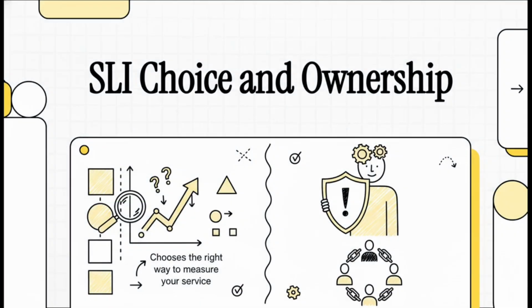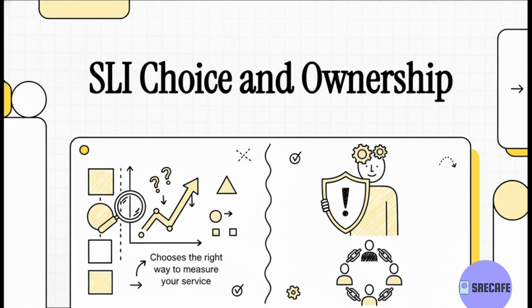Today, we're going to tackle two issues that, believe me, come up constantly for engineering teams. How you actually measure reliability, and then who you hold accountable for it. These aren't just theoretical problems. Getting them wrong is probably one of the fastest ways to completely derail an SRE program before it even gets